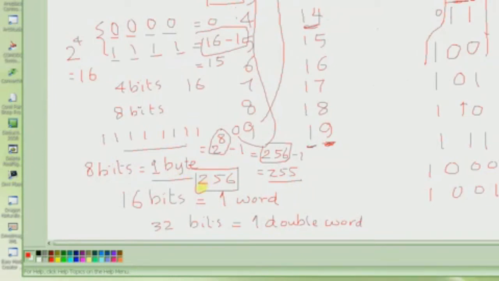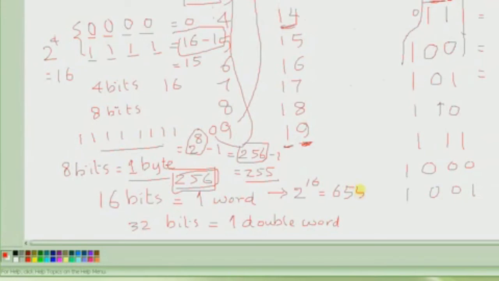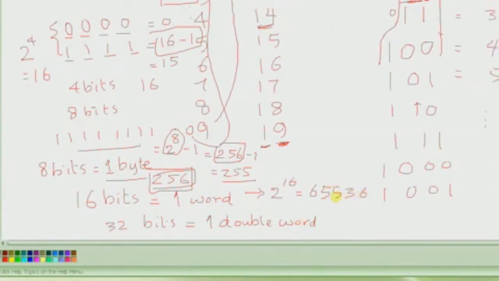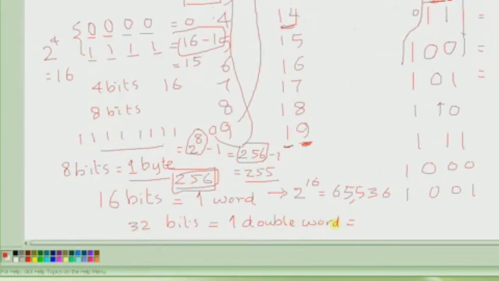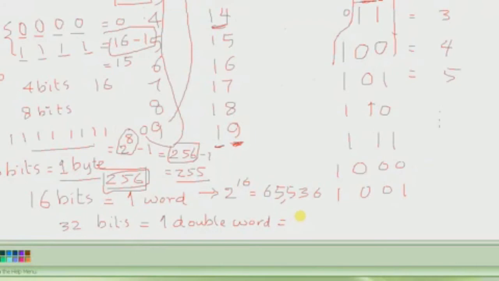In 1 byte we could write 256 numbers. In 1 word we should be able to write 2 to the power 16, which is 65,536 numbers. And in 1 double word, which is only 32 bits long, we could write 4 billion